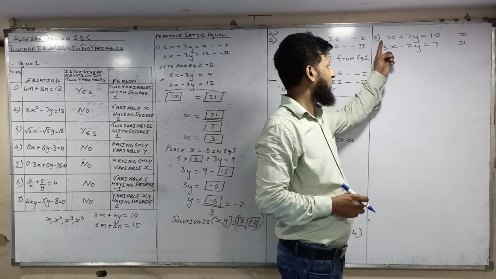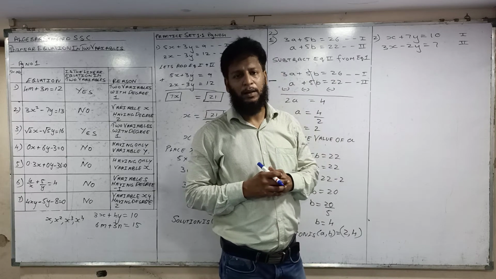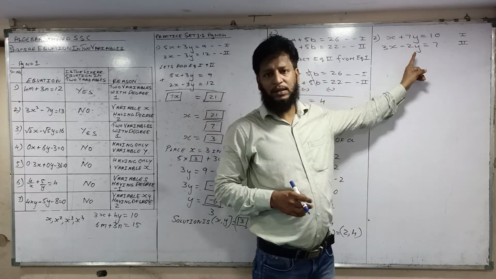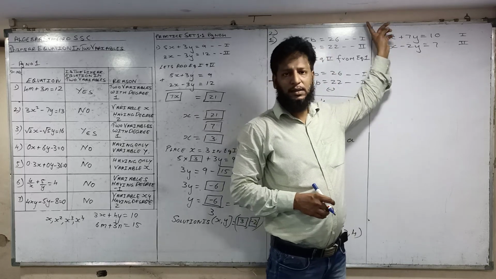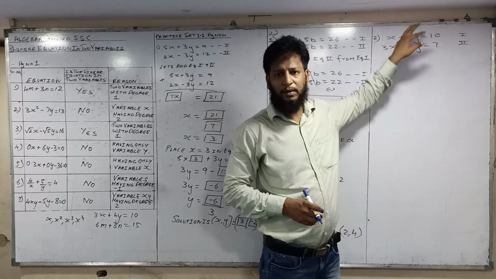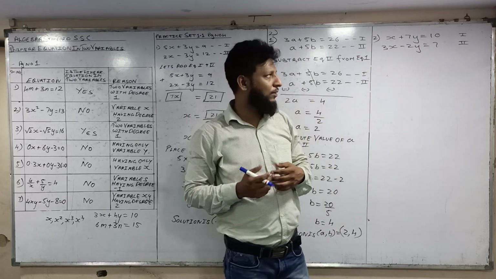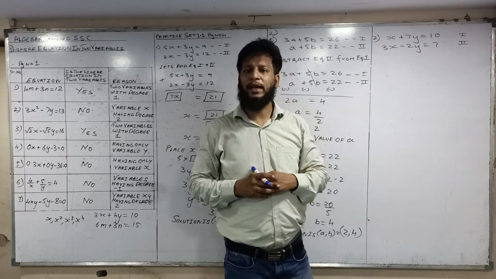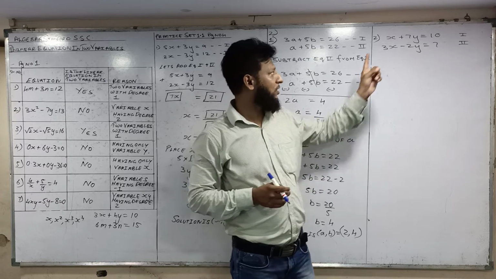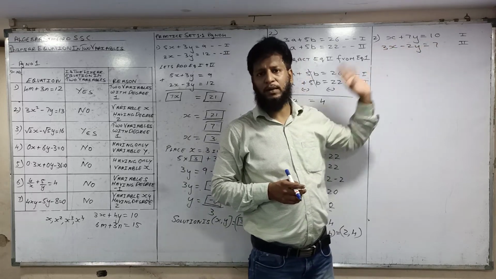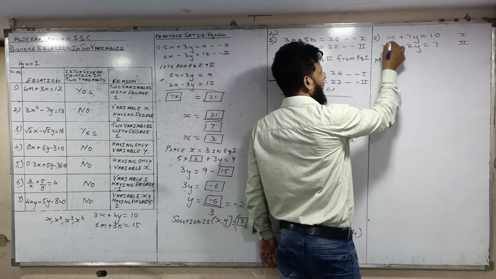Now in this, either make the y value the same or the x value the same. If we make the y value the same, we have to multiply this equation by 7 and this equation by 2, so it will become 14y. And one more way you can do it, you can make the x value the same. It is very simple to make the value of x the same, because you just have to multiply equation 1 by 3. So now we are making the x value the same.